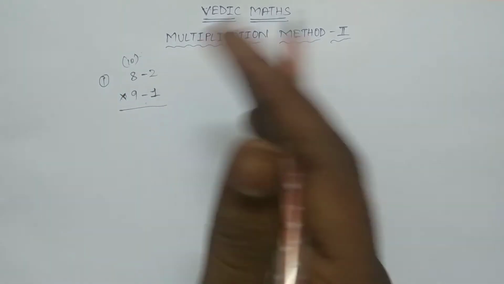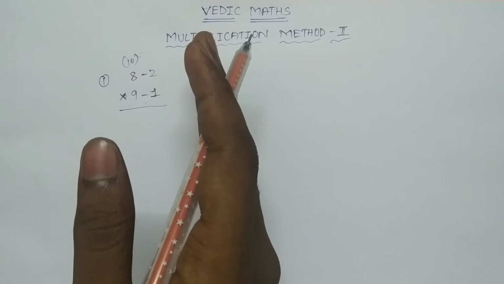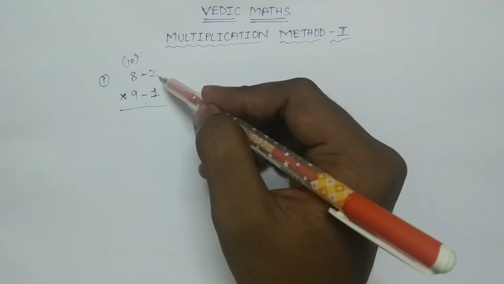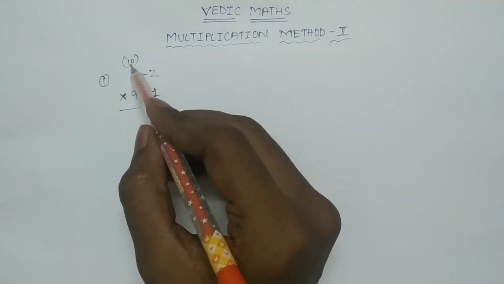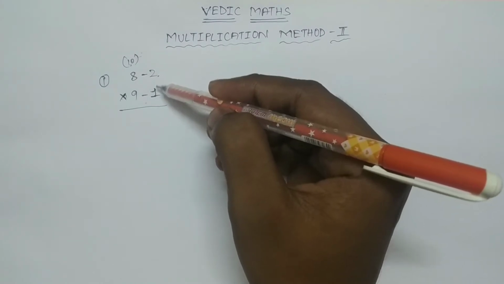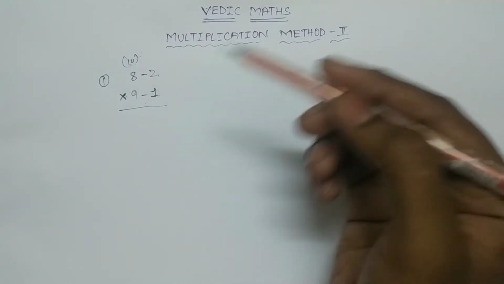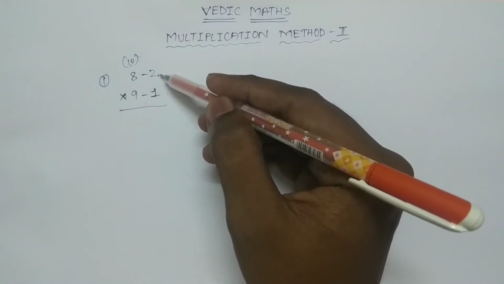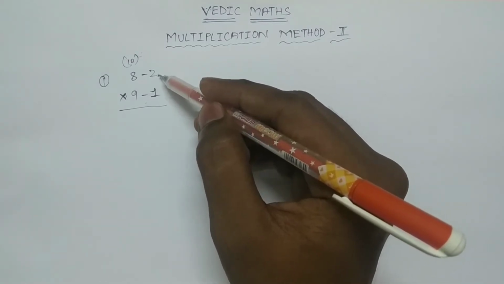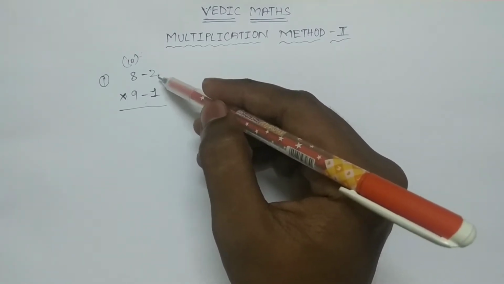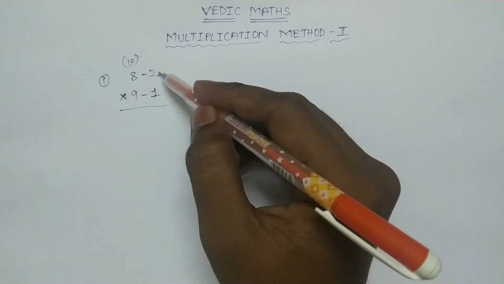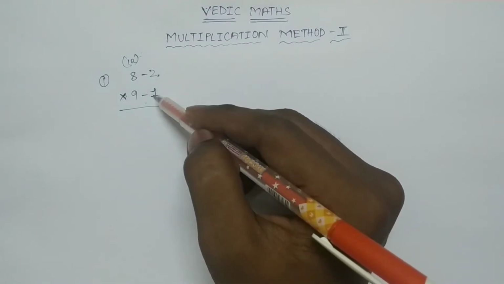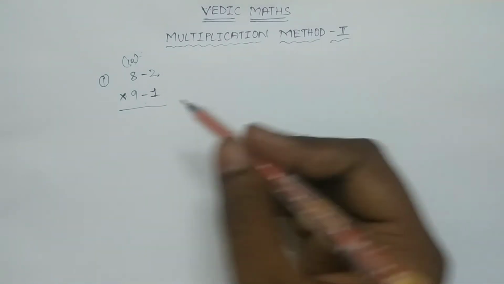The answer consists of a right hand value and a left hand value. The right hand value will be obtained by the multiplication of the right side digits. If we compare with 10, the right hand value must be a single digit, and if we compare with 100, the right hand value must be in the tens place, that is, a double digit. And if we compare with 1000, it must be a triple digit. If we compare with 1000 here, it will become 002 and it will become 001. If you see the examples, you can understand that.